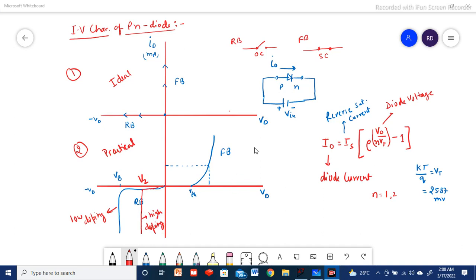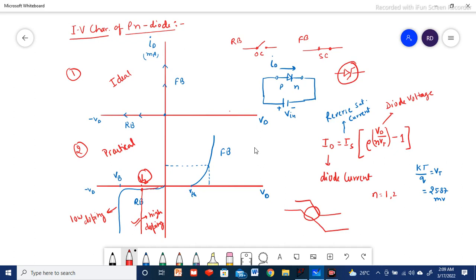So instead of the normal diode, when we are using Zener diodes, this breakdown voltage we can control by adding extra impurity. When we do high doping, there will be a tunneling effect. Due to this tunneling effect, the breakdown comes a little bit earlier, and the electric field is easily broken in the reverse bias direction.